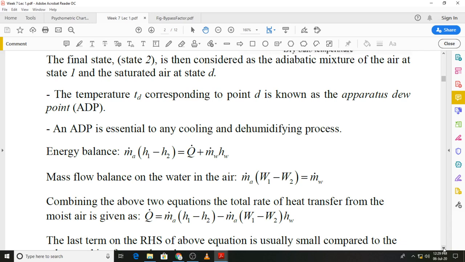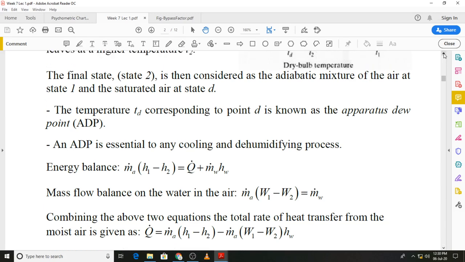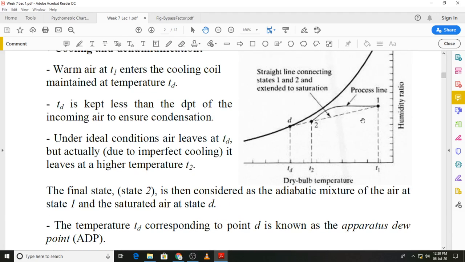The energy balance we can work out quite easily. If you again look back at the psychrometric diagram, we have a higher energy content over here and a lower energy content at state 2. So what will happen is that energy will be removed during the process, and at the same time condensation of the water from the air will occur. So that can be